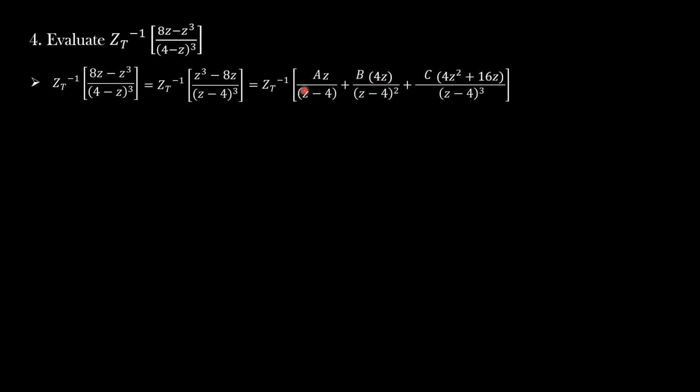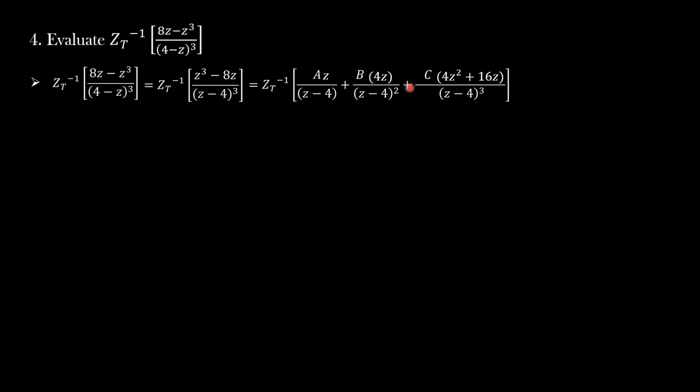But inverse z transform of z/(z - 4) is 4^n. Inverse z transform of 4z/(z - 4)² is 4^n · n. And inverse z transform of (4z² + 16z)/(z - 4)³ is 4^n